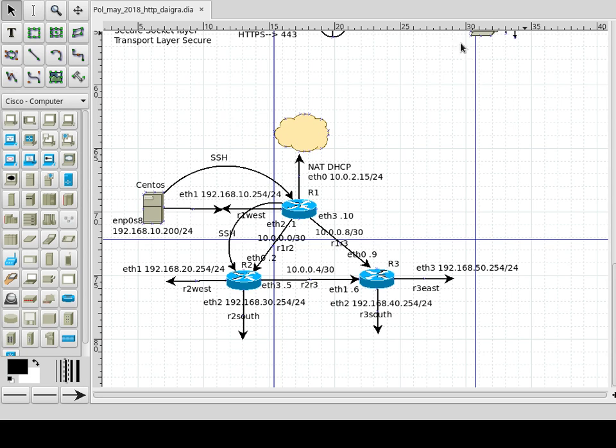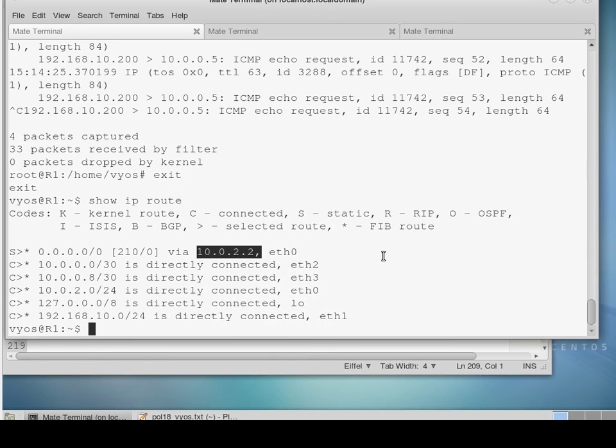So what we have to do is, since this router doesn't know this network, give it a static route saying that if one package arrives here and goes to this network, it will send from this interface or that interface, it doesn't matter, so that the R1 knows what to do when the package arrives to it. So let's configure this